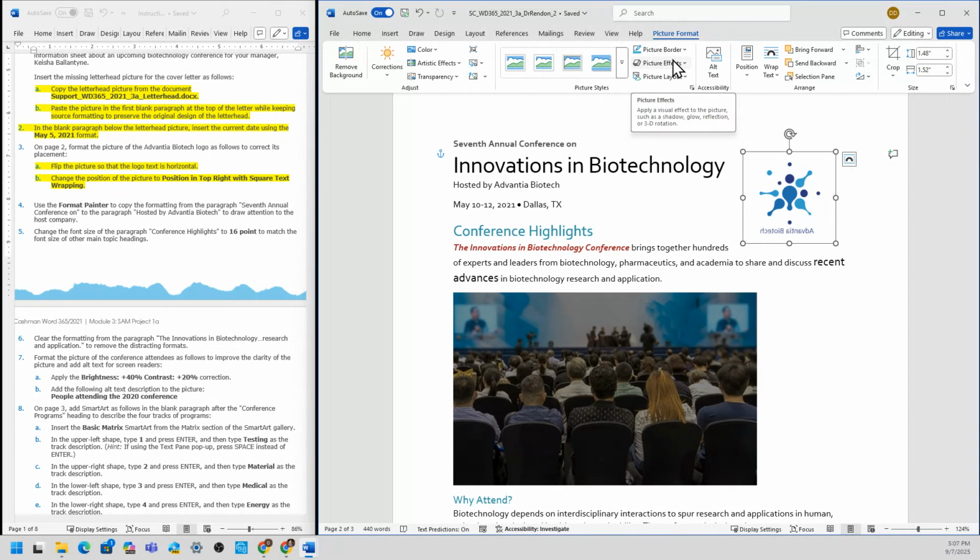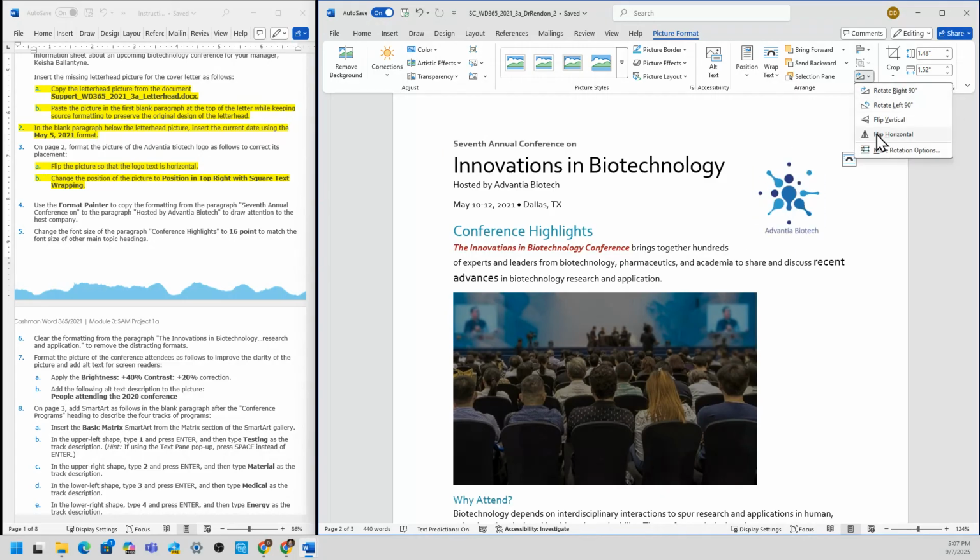Select the Picture Format tab to show the ribbons under it. The first thing is that we have to flip the picture so the logo text is horizontal. To flip, look for the Rotate Object icon, select the drop-down arrow, and flip it horizontal. There you go, it's now correct.